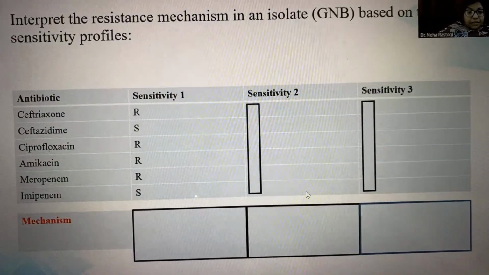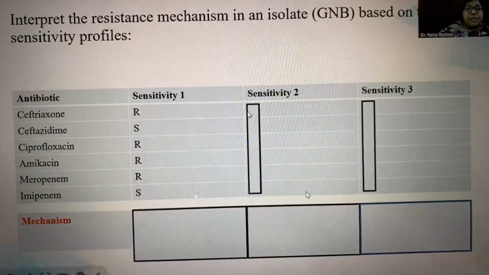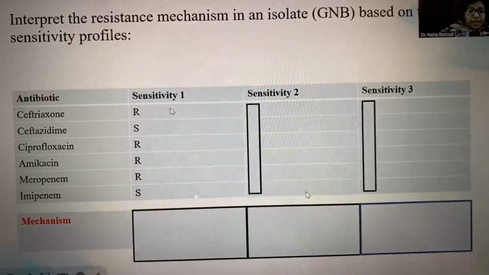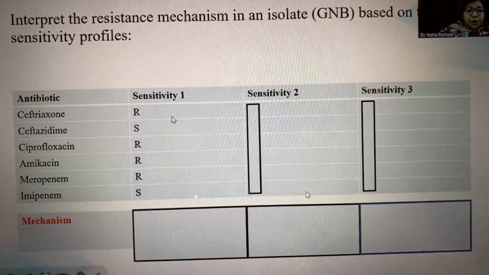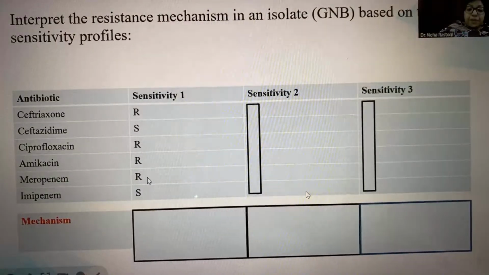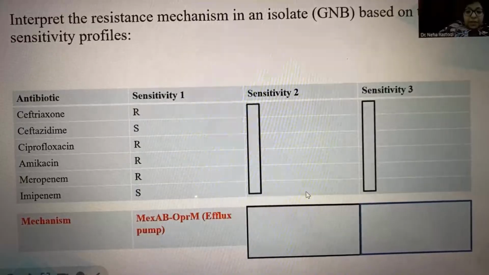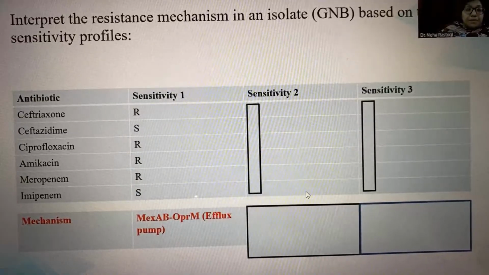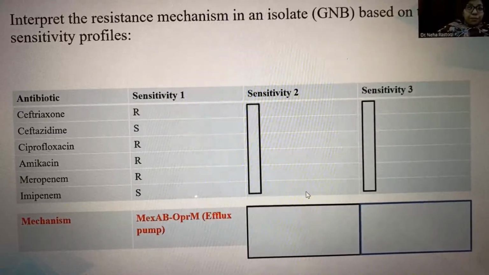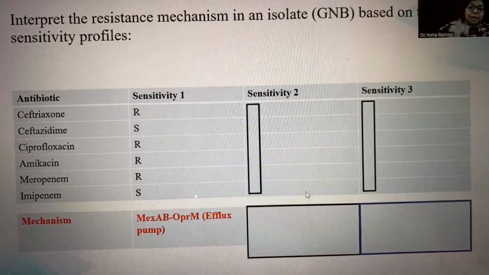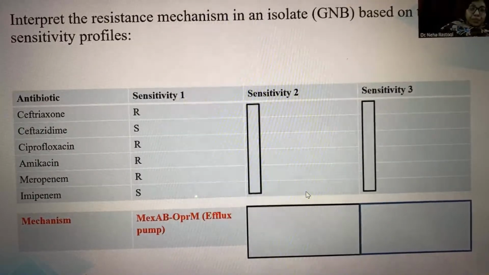So I'll just highlight three things again from the sensitivity profile to give you a clearer understanding. So this is what I was talking about. This is one interpretative report where you have ceftazidime sensitive, meropenem resistant and imipenem sensitive. The mechanisms are usually efflux pumps. So this is not a wrong report. First you rule out a technical glitch, but there can be a scenario where it fits, and this is the